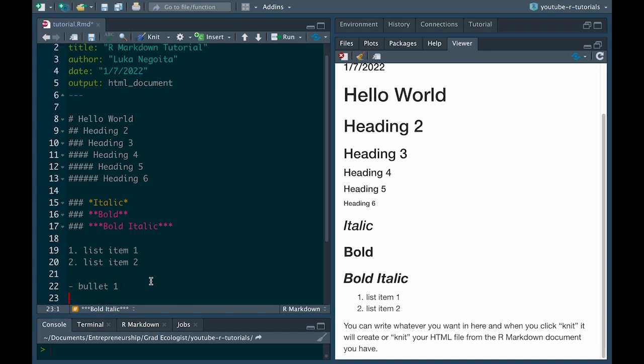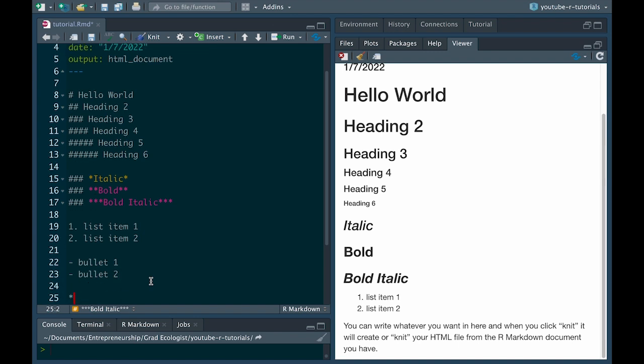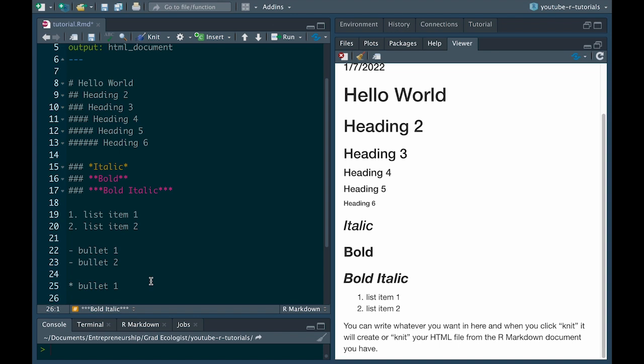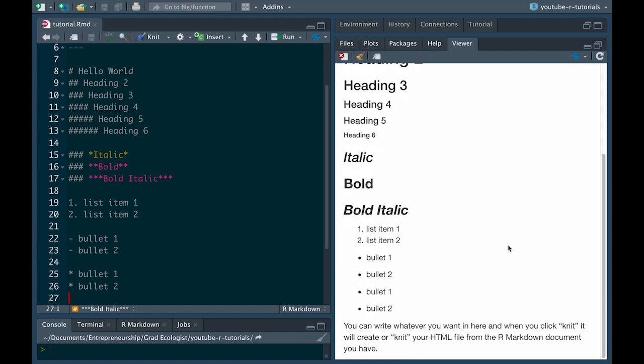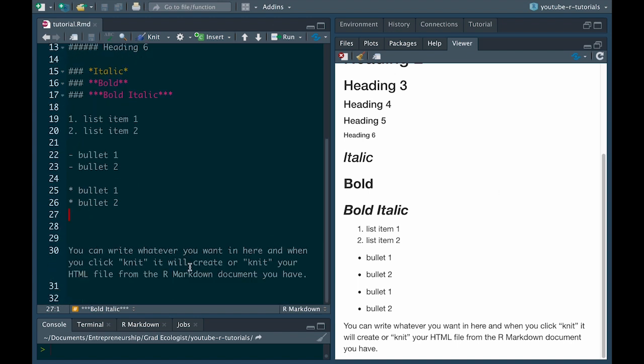Bullet 1, bullet 2. I think you can use asterisks as bullets too. Let's see what that does. Okay, yeah, it was the same thing. So the dash or the asterisk gives you the same bullet. Very cool.